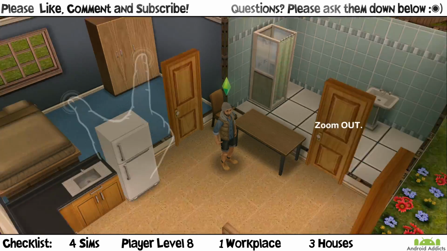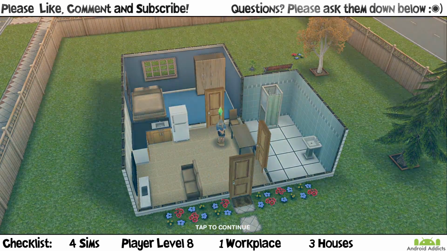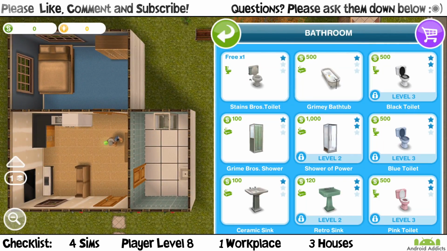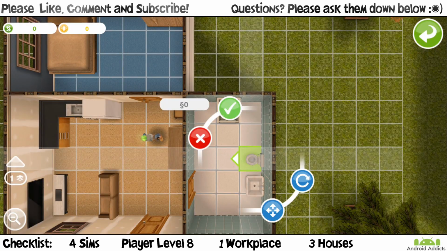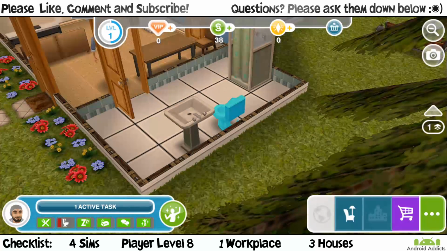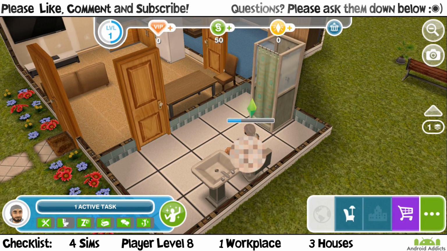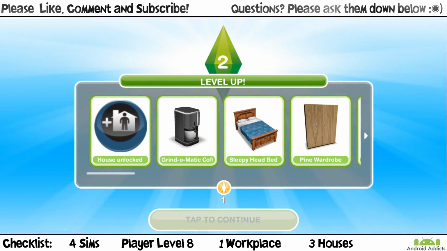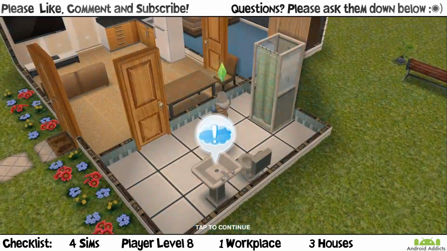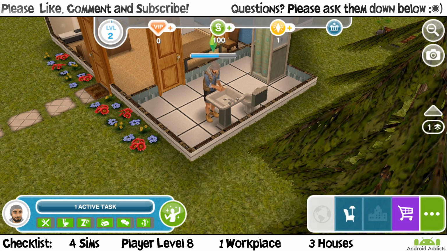Okay, so your first task is to buy a toilet. Select the cheapest one available, which is the free one, and away you go, first task done. Next task, to use the toilet. And you're level 2 now, so you should have 1 life. Next you want to wash your hands in the sink,